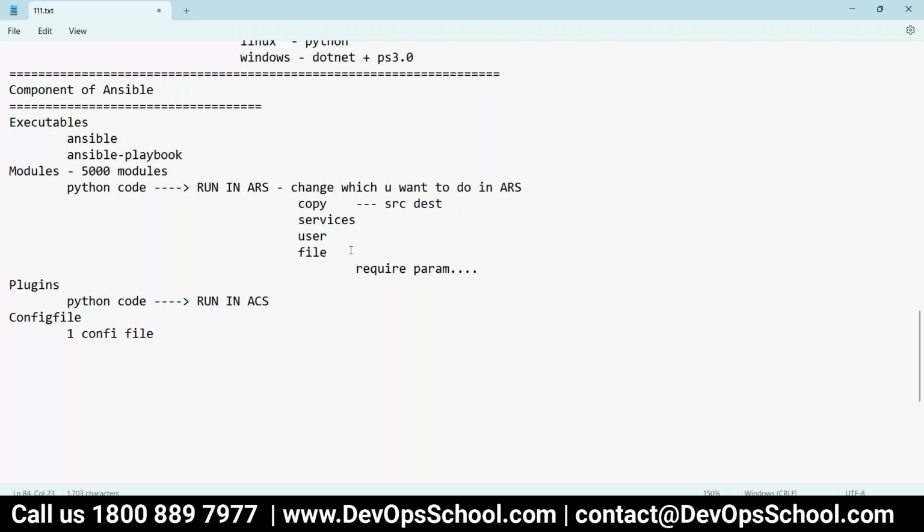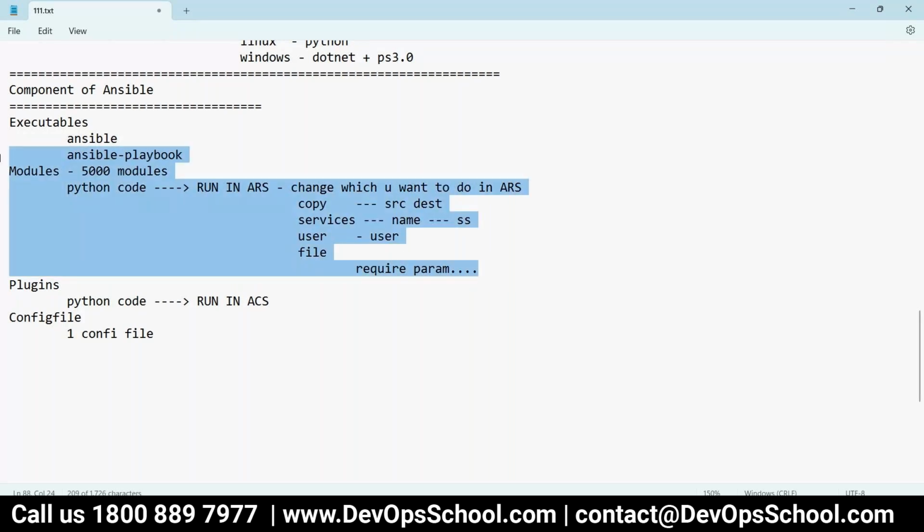When you start a service, don't you have to write the name of the service and whether you want to start or stop? Correct. If you want to create a user, don't you need to write the username and whether you want to create or delete? So these are called parameters. And as I said, there are 5,000 plus modules in Ansible, which is making Ansible very versatile.